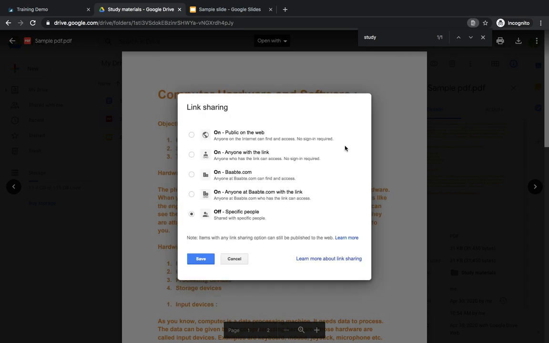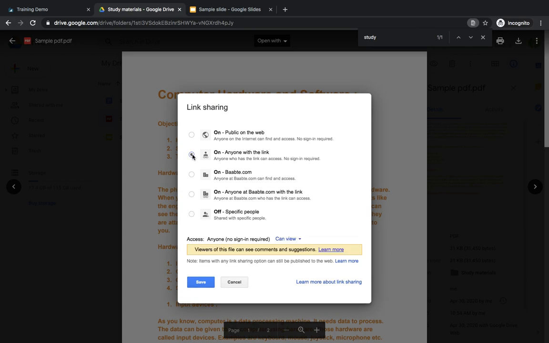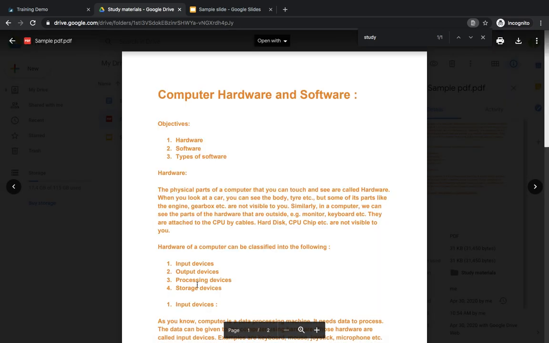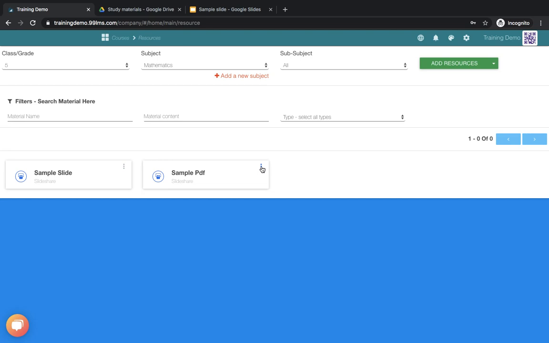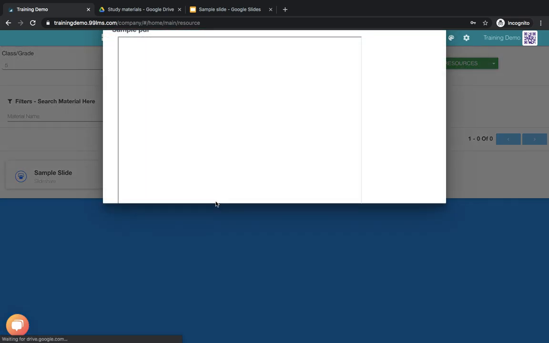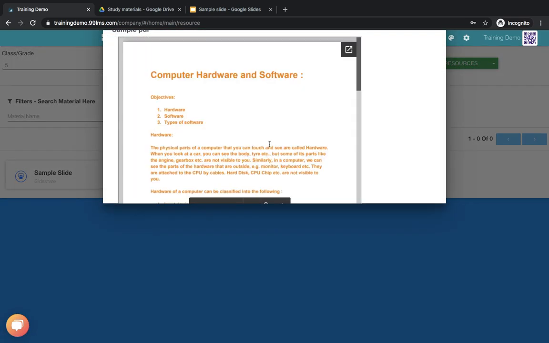Click on change and click on anyone with link. Okay, click on save. Done. Now the students will be able to access the resource. Click on view. That's it. You have added a PDF.